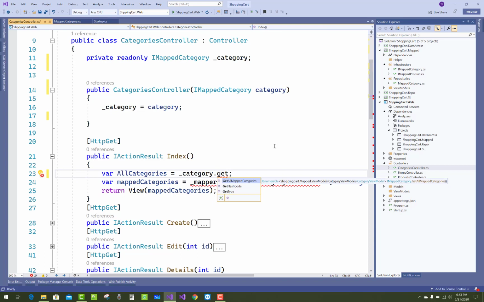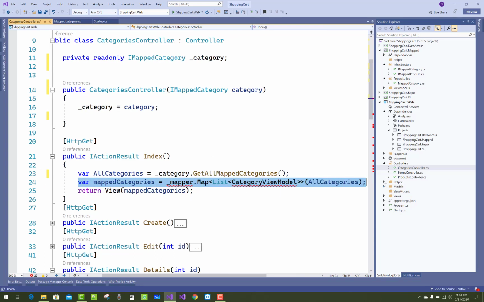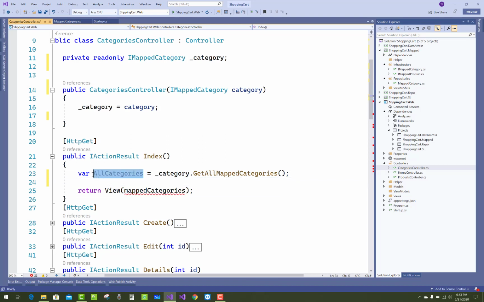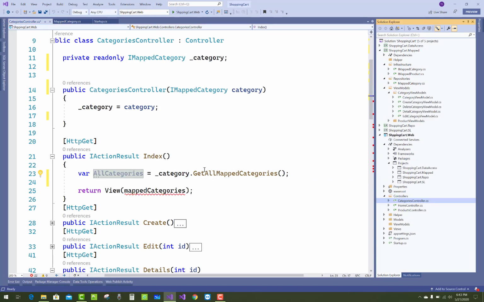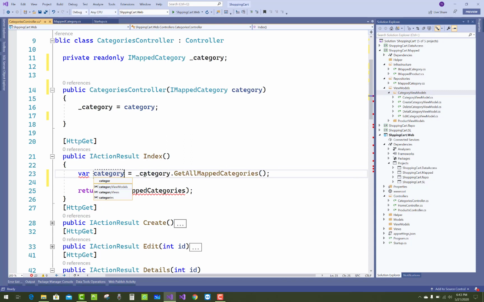Then get all mapped categories: just call it in the index method. Here you can use GetAllMappedCategories, and just pass the view model to the view, that is the category view model.